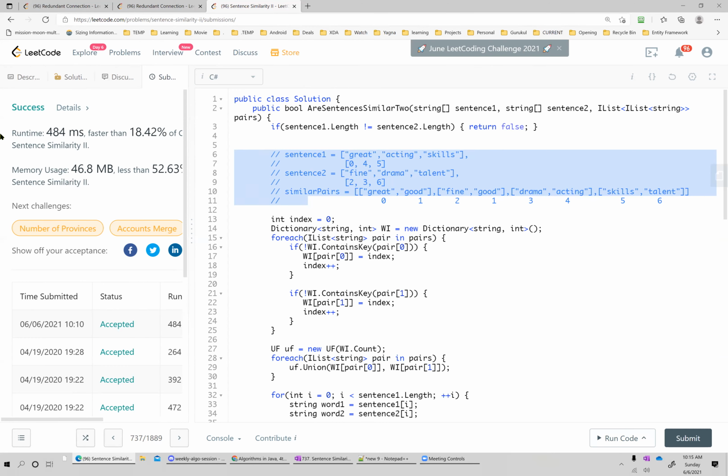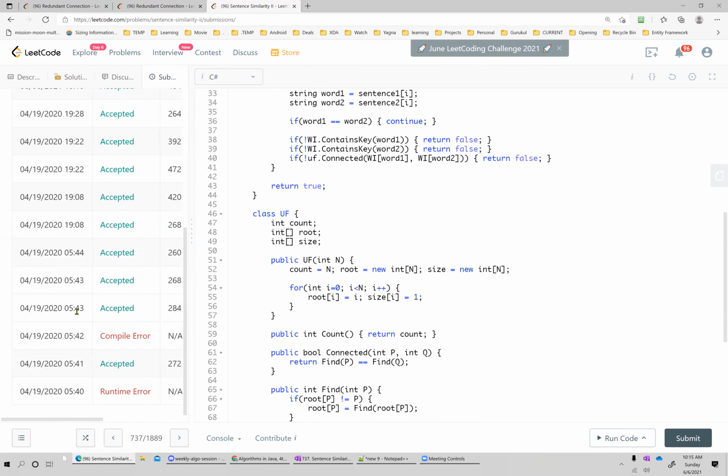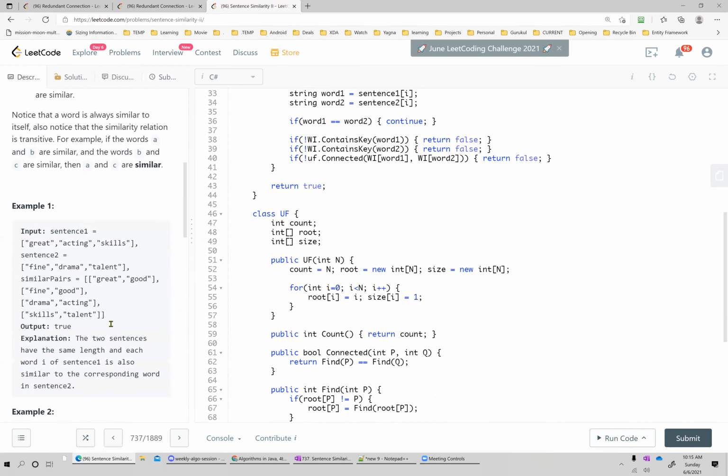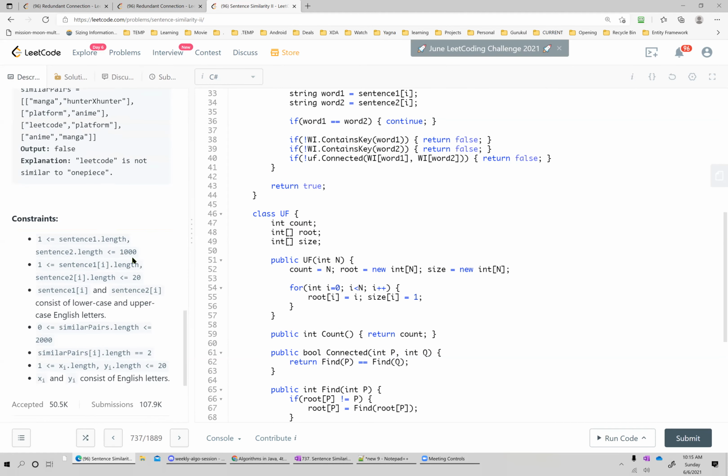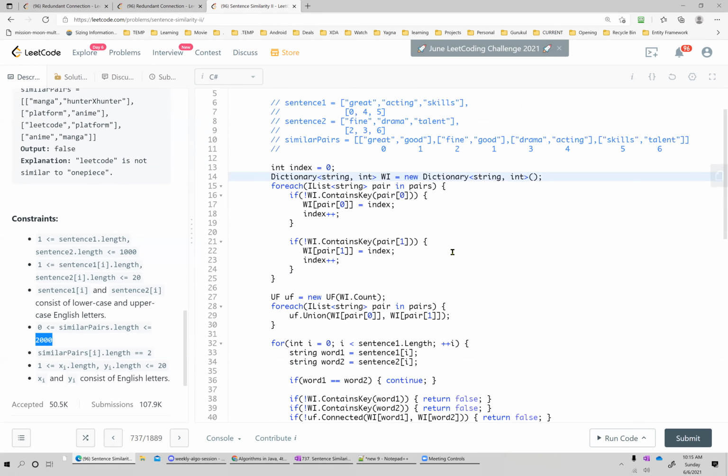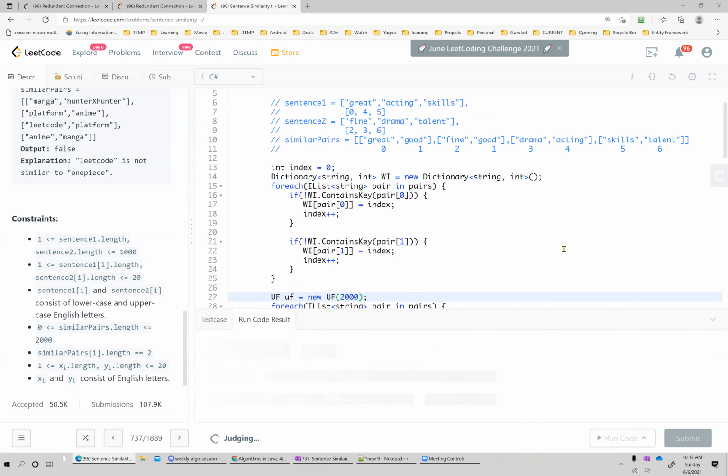In this case we have done the size, but let's see if we are given some constraint. It says the length is 1000 and the similar word is 2000. Let's see what will happen if I make the count 2000.